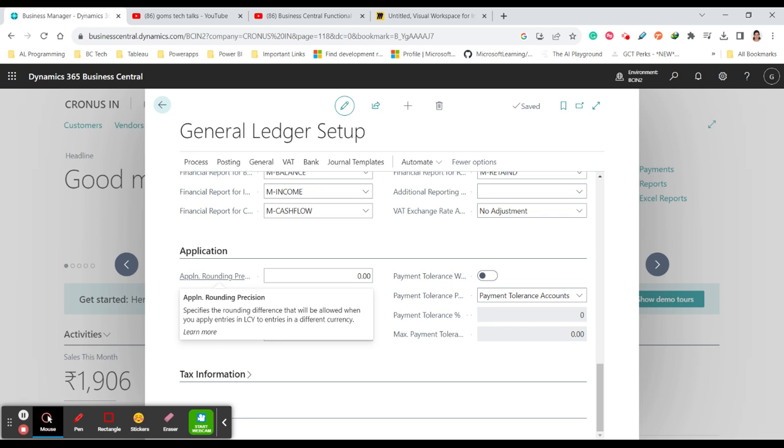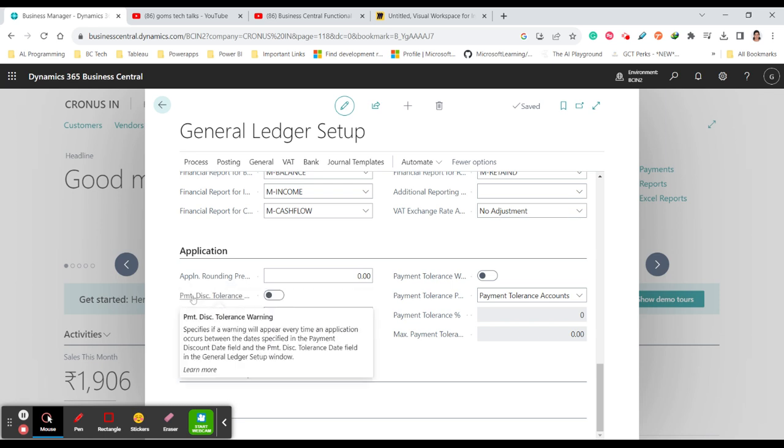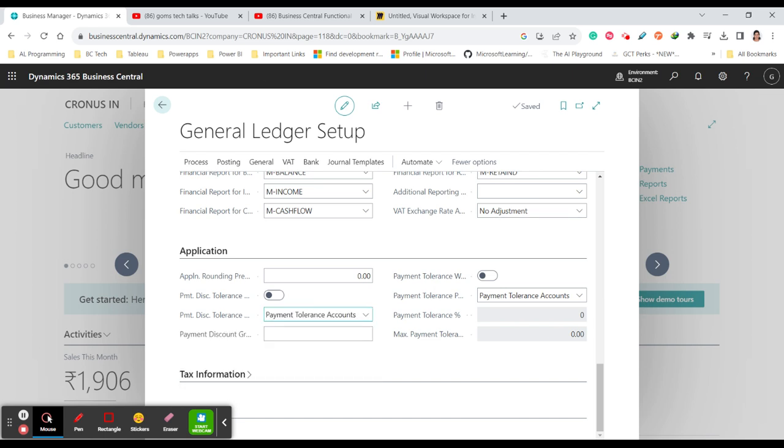Okay, so this is rounding precision, and this is about the payment discount tolerance warning, which is like the payment discount terms. What is that term? All these things talk about the expected period, how long we can take to make the payment. Okay, if you want to change all these payment tolerance values, or if these are given here,